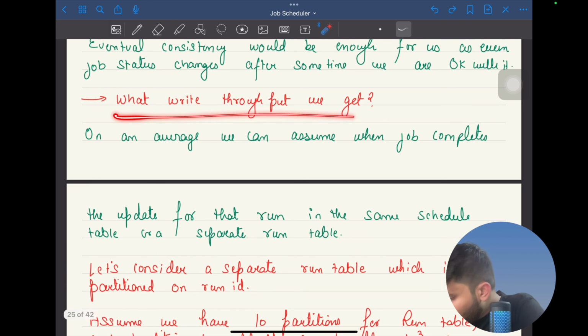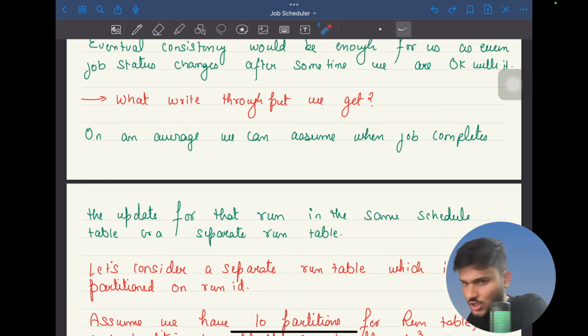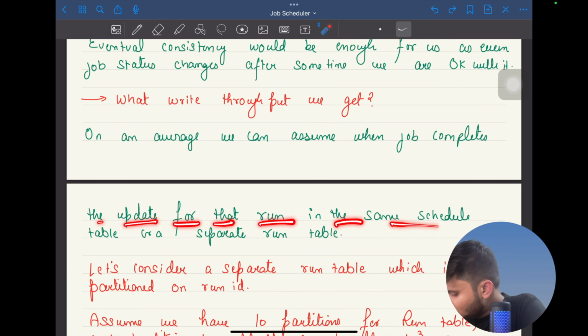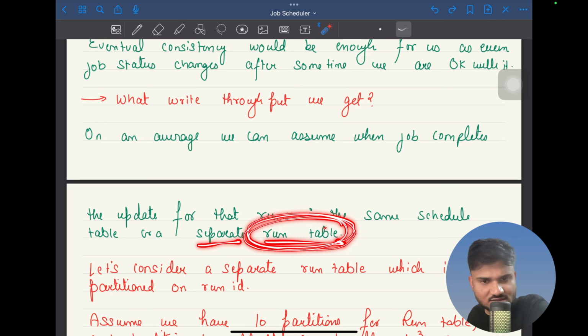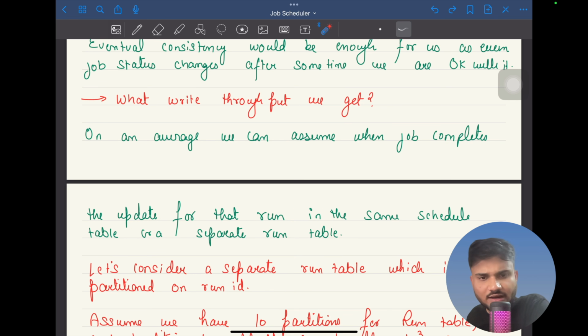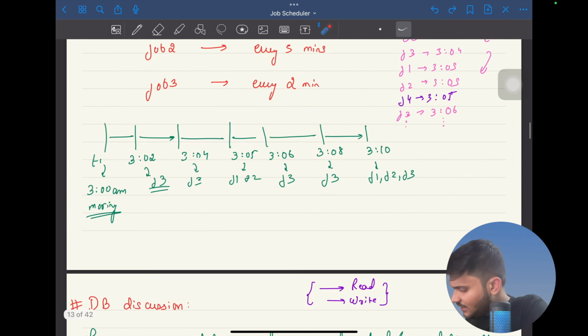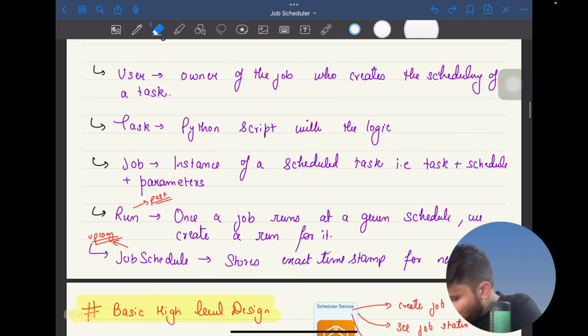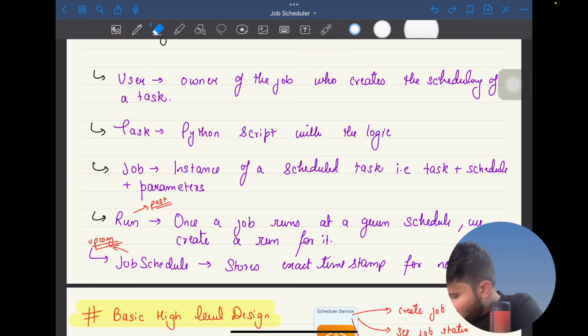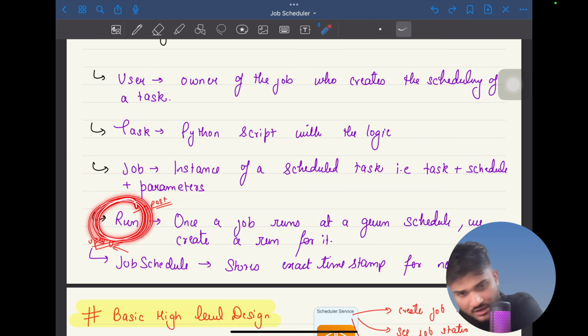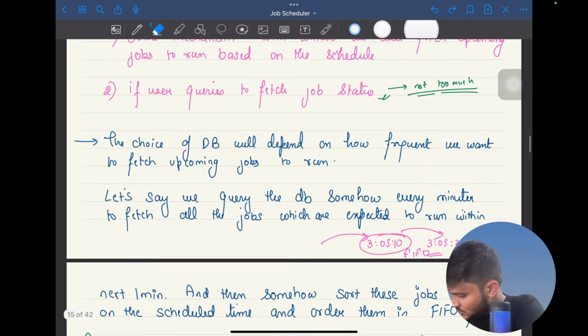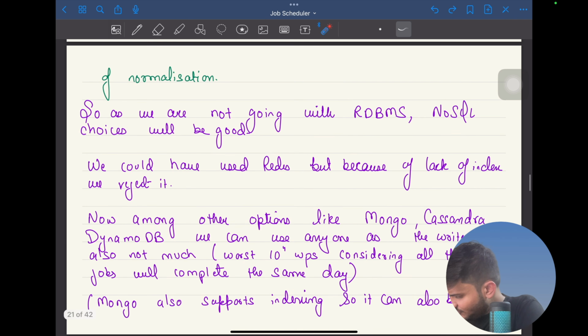Now, what write throughput are we going to get? On average, let's say when a job completes, we update that run either in the same schedule table, or we create a separate run table. Here you can see I have described that we can create a separate run table, and that's in line with our initial discussion also, that whenever a job completes, we are going to store its past run in a separate run table. So if I come back,